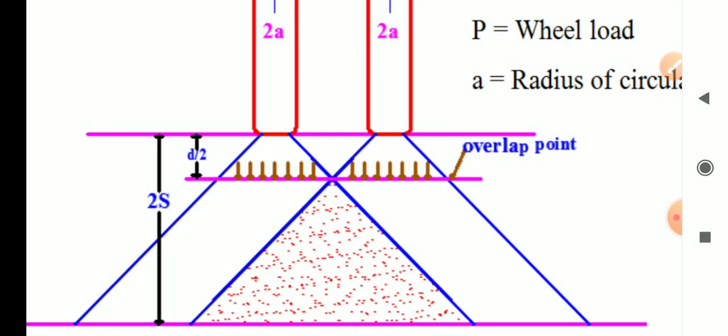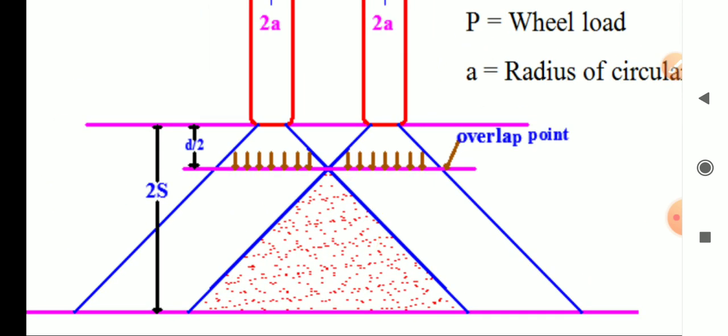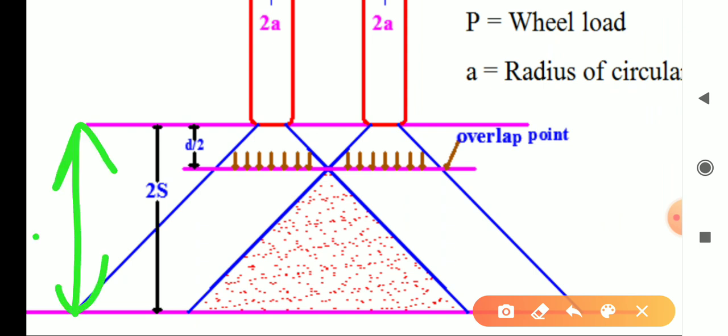Now why is it required? Already I said this is ESWL. The point d by 2 comma P is the first one. The second point is 2S comma 2P. This is called the ESWL concept. Now why is ESWL required? I will consider this as the total thickness of the pavement. Because of the wheel load, that is individual P or 2P, how much ESWL should be developed? That is the equivalent single wheel load developed at the bottom of the pavement. So Z is equal to the total thickness of the pavement.